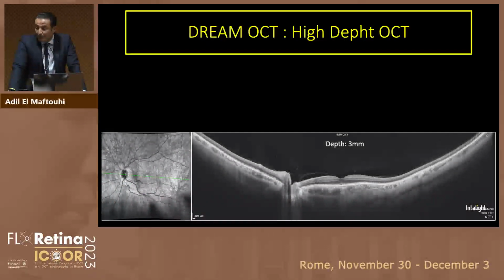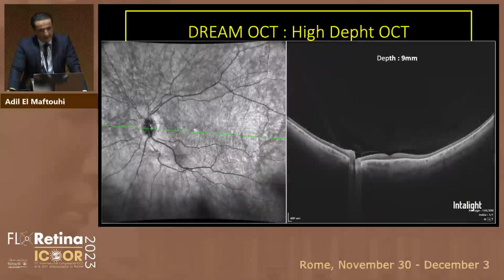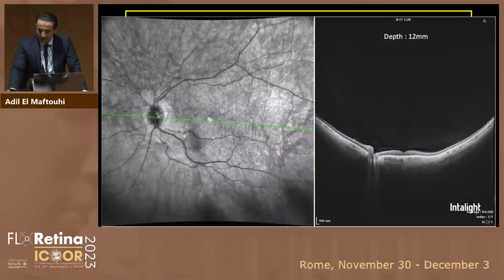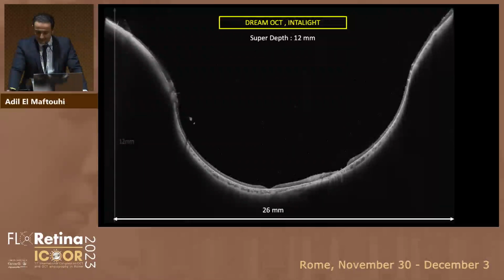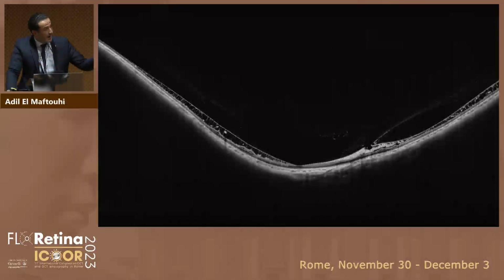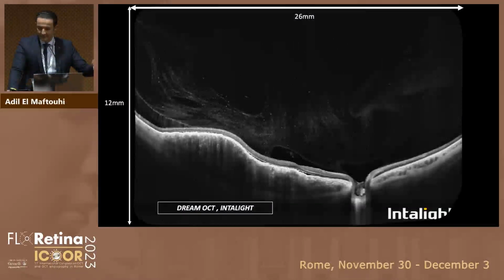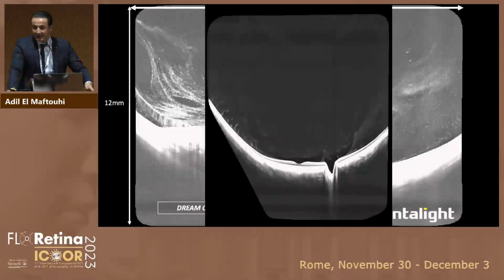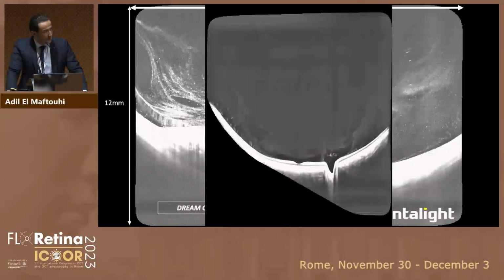For the posterior pole, you can change the depth during the acquisition: up to 3 millimeters, 6 millimeters, 9 millimeters, and also 12 millimeters. It's very useful to scan myopic staphyloma, like in this case, to identify the structure of the vitreous body also, and you can identify the cisterns. And look here, you can analyze the cisterns moving, and we know the cisterns increase with age, and this is